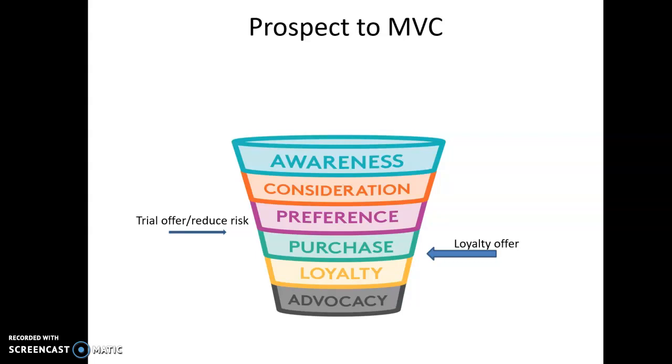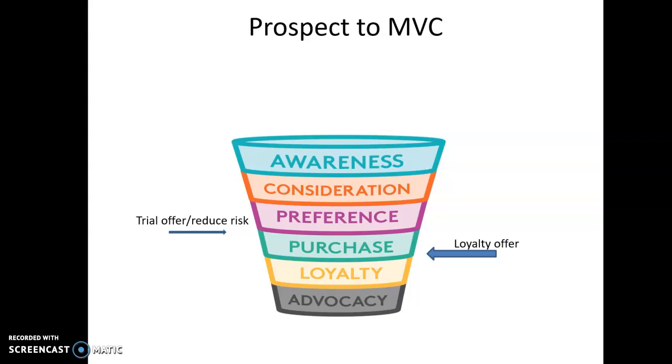So the first kind of offer directed at new customers is a trial, call them trial offers. And they're calculated to reduce the risk and to add an incentive, often a time limit, to get you to make a decision and do something. Loyalty offers are very different.